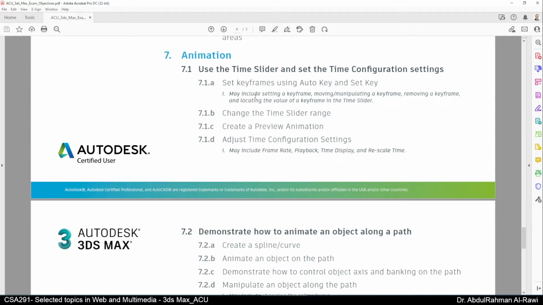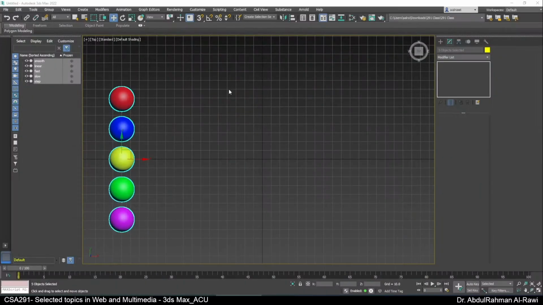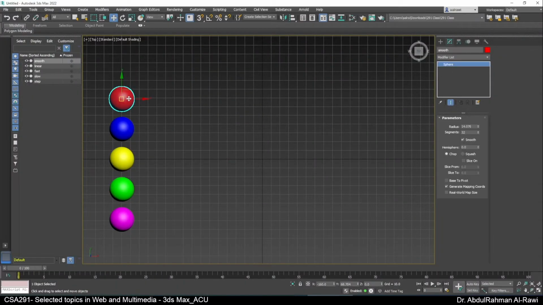So this may include setting a keyframe, moving, manipulating, removing, and locating the value in the time slider. So we're going to create animation first of all using the set key mode. I have already these circles. I created them and I will use them to change the key tangent types later on. But for now, I will just turn the auto key mode on and I will move it to the other